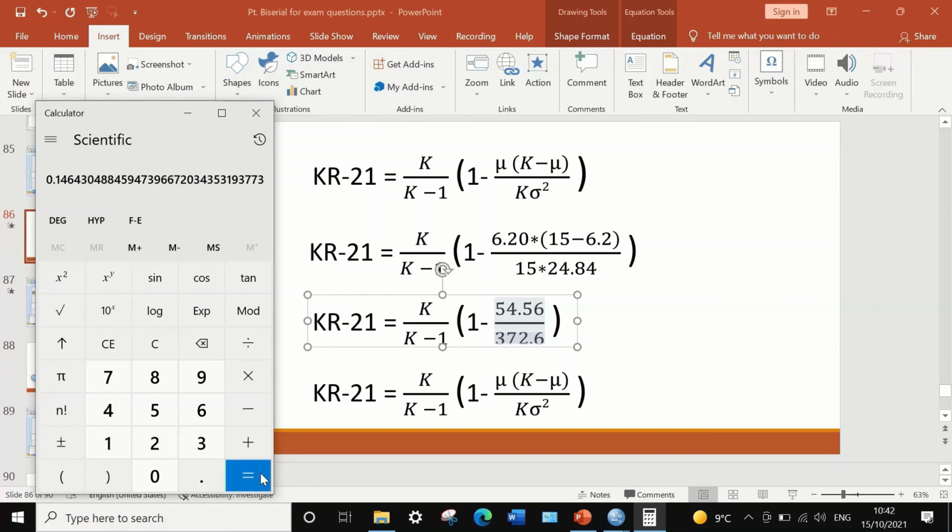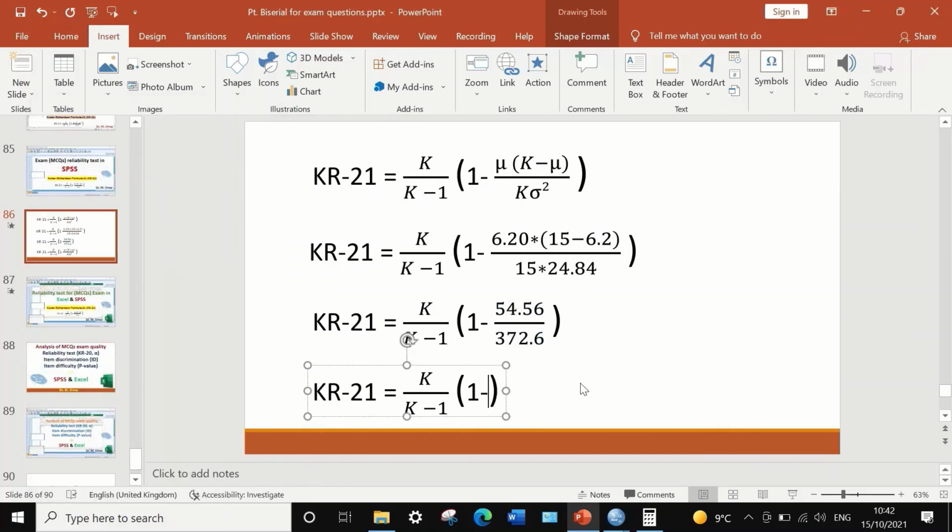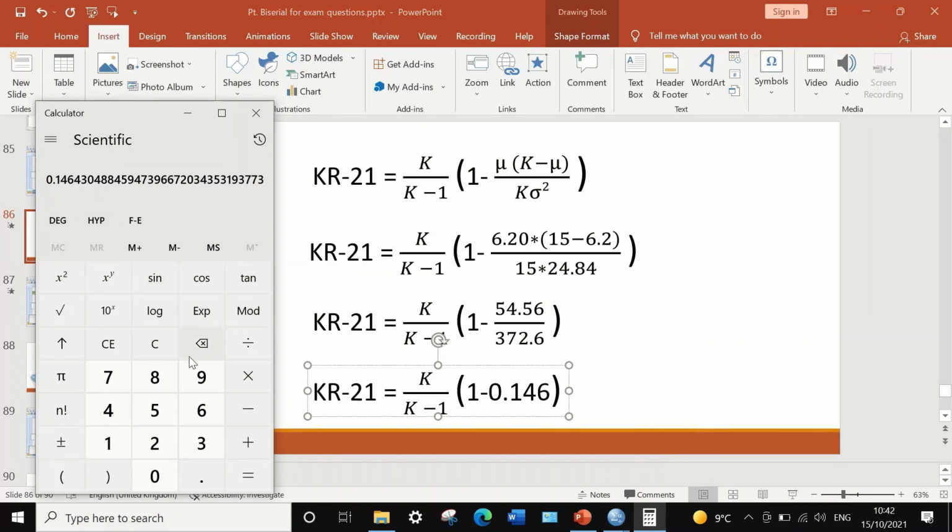Hit equal, and a value of 0.146 is generated. So I'm going to remove this part and replace it by 0.146. Again, using the calculator, reset this. 1 minus 0.146 will give me a value of